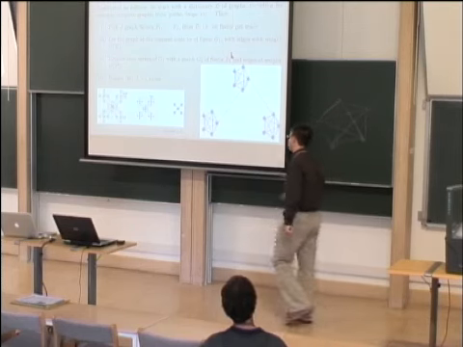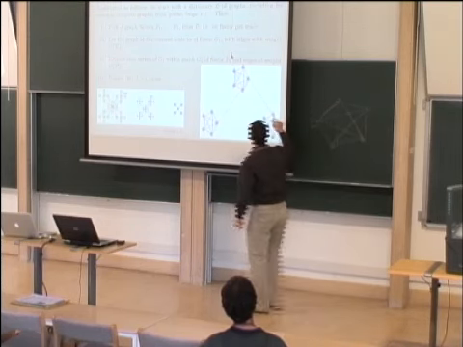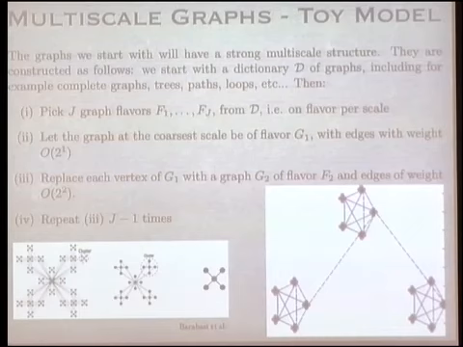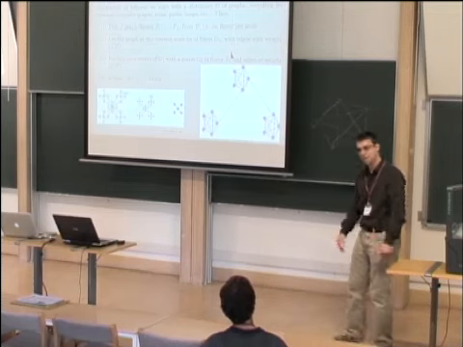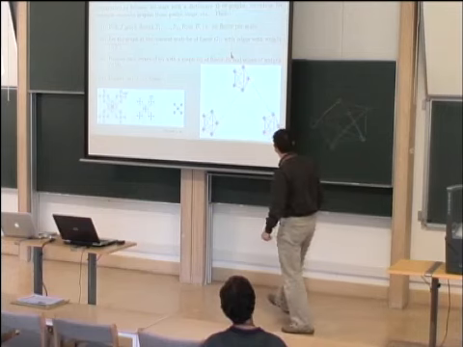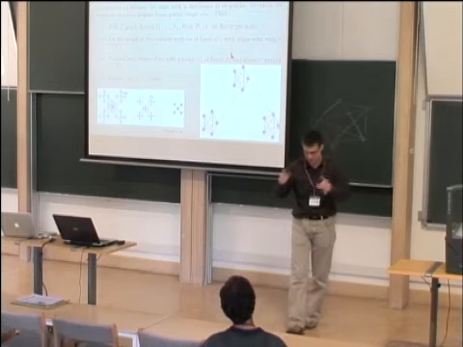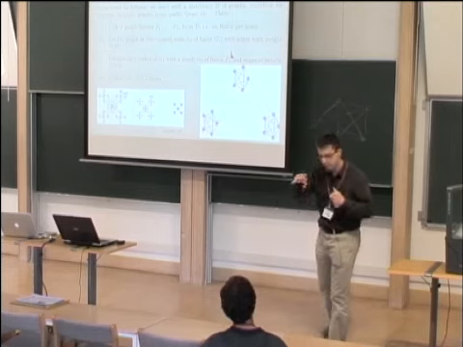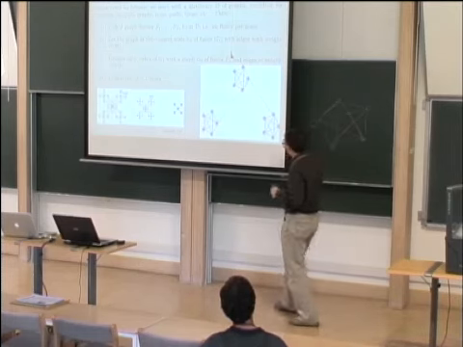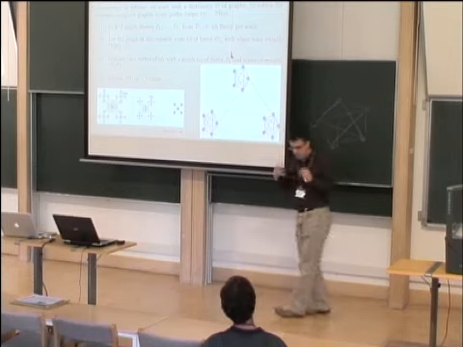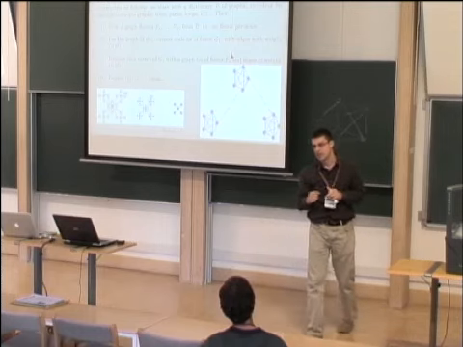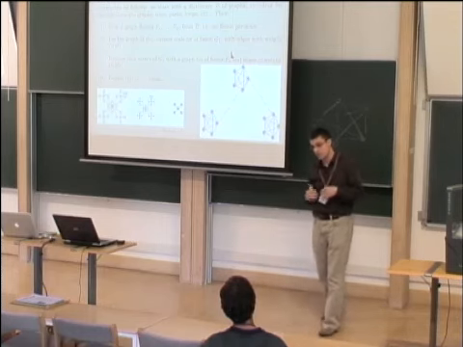And then at scale 2, I replace every node in the tree by the next flavor. I think here I picked a complete graph with 5 vertices. And then at scale 3, I'm going to pick another flavor. Here I can't tell what I picked, but I think I picked another complete graph. And why are there different scales? Well, at scale number 1, I pick the weights on my graph to be equal to 1. At scale number 2, I'm going to pick the weights on my graph to be 2, and so on.